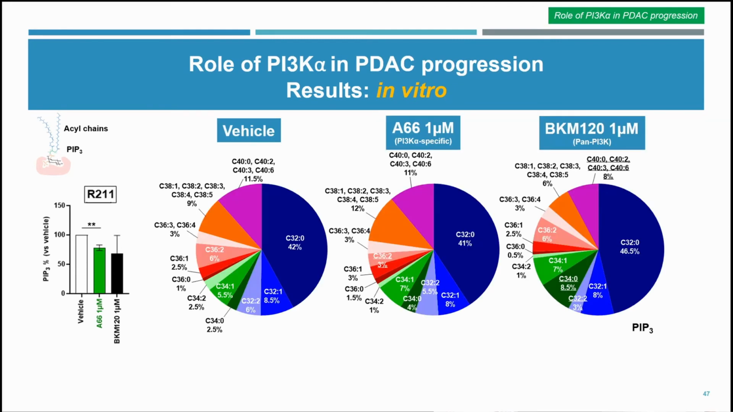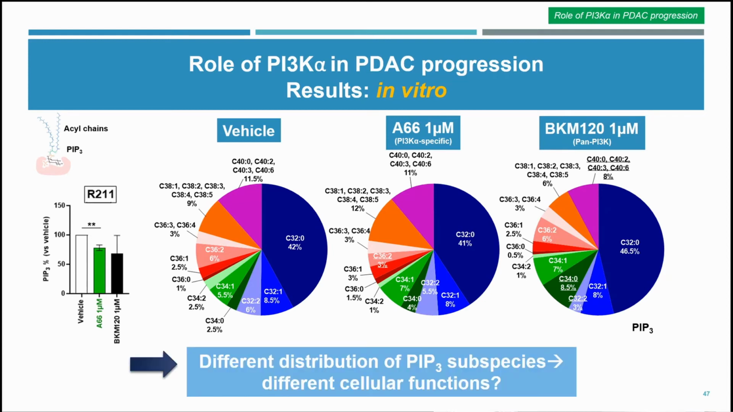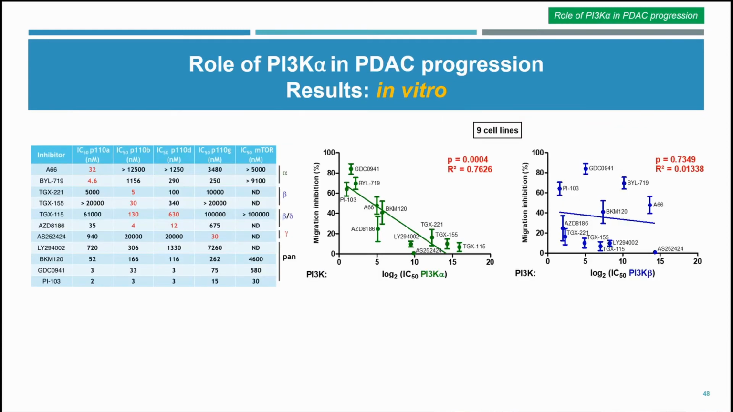So what we observed was that PI3K alpha selective and pan-PI3K inhibitors induce a different distribution of the different subspecies of PIP3. This difference in distribution could also explain why they had a different effect on migration. So we then wanted to know if the genetic background of the cell lines could also be influencing the response to the inhibitors. So for this, we